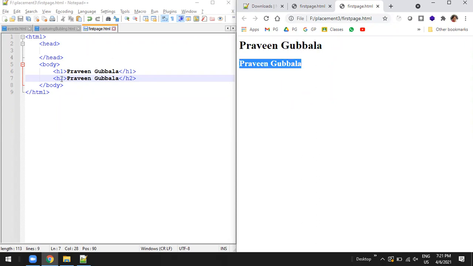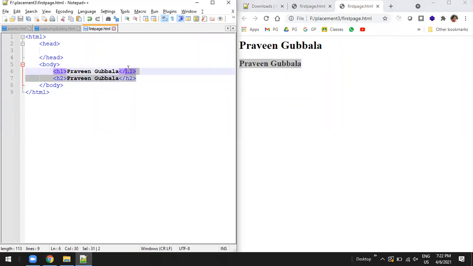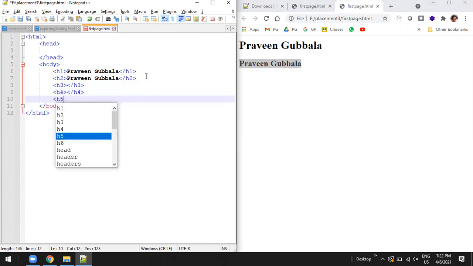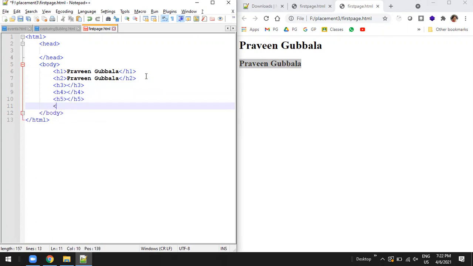By putting it in the h2, the size of each letter will be reduced, and in the same way you can put h3, h4, h5, h6.